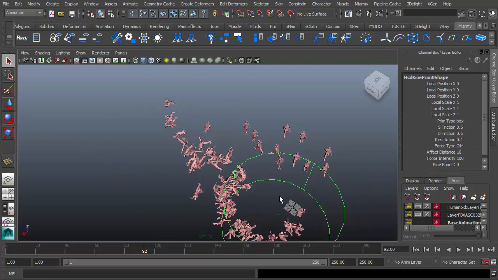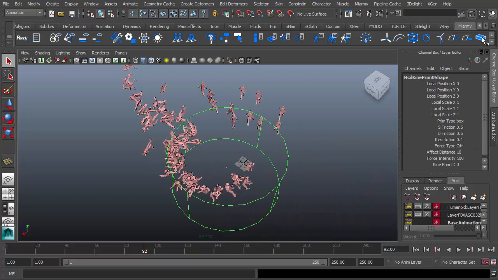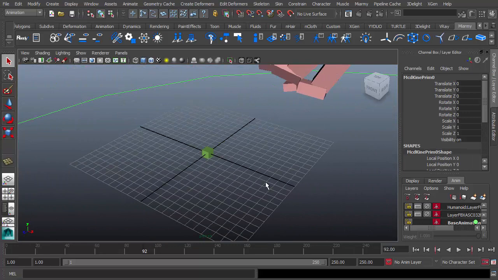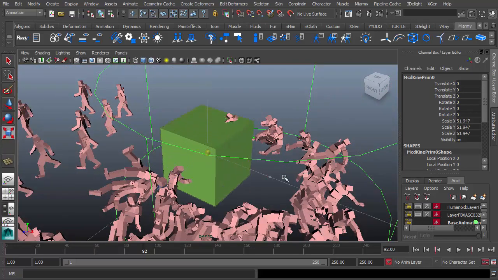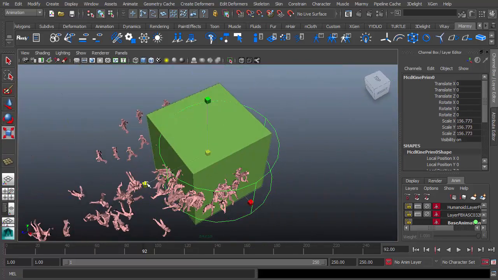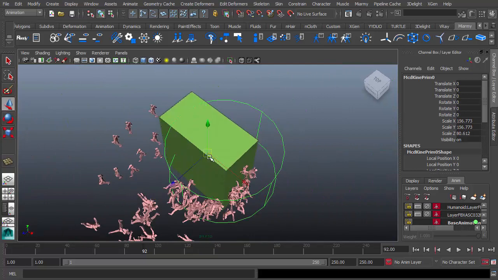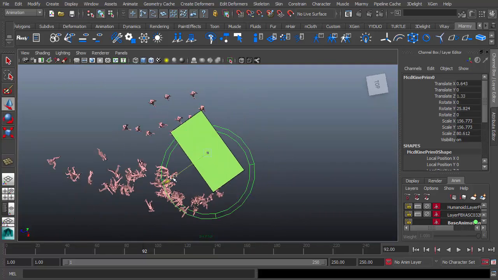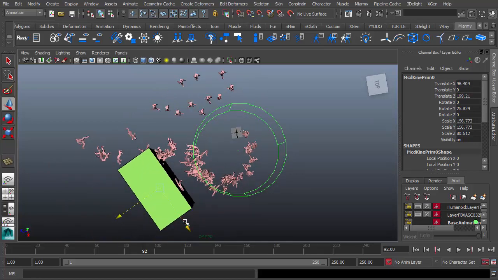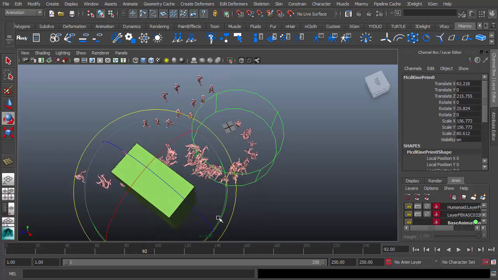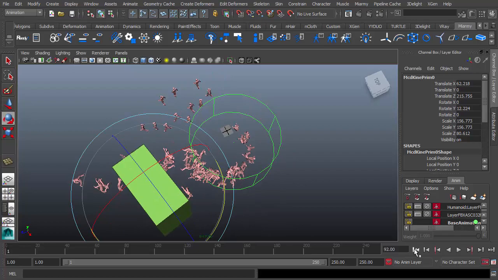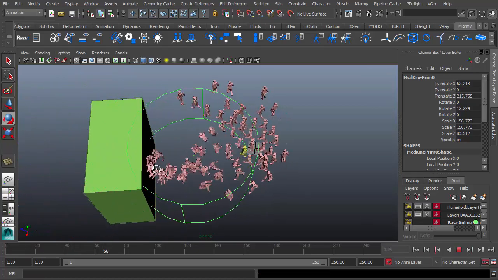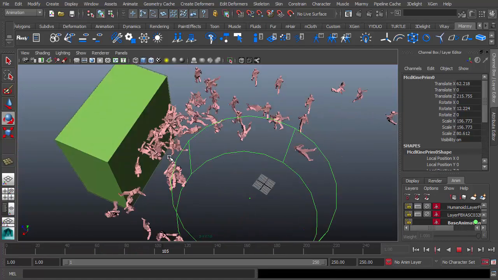So let's create one. You can click this button to create the kinematic primitive. This is a green box. You can scale and rotate as you wish. Let's just put this right here for making our agents collide with this place. Let's reset and run the simulation, and you can see that our agent will collide with the wall,